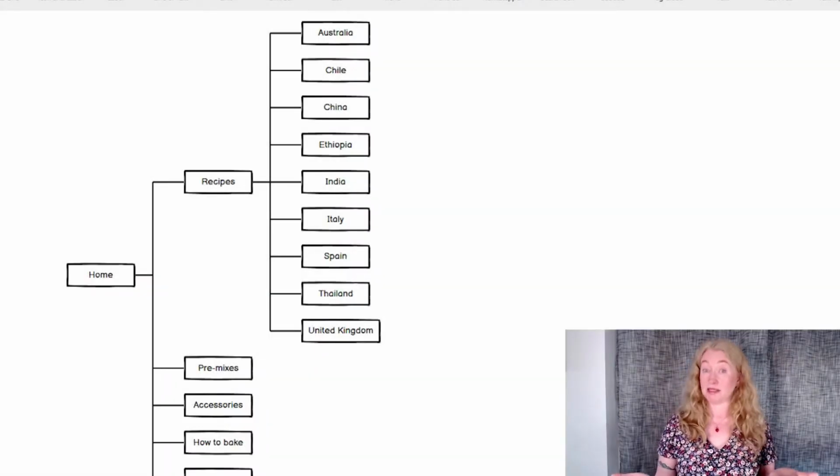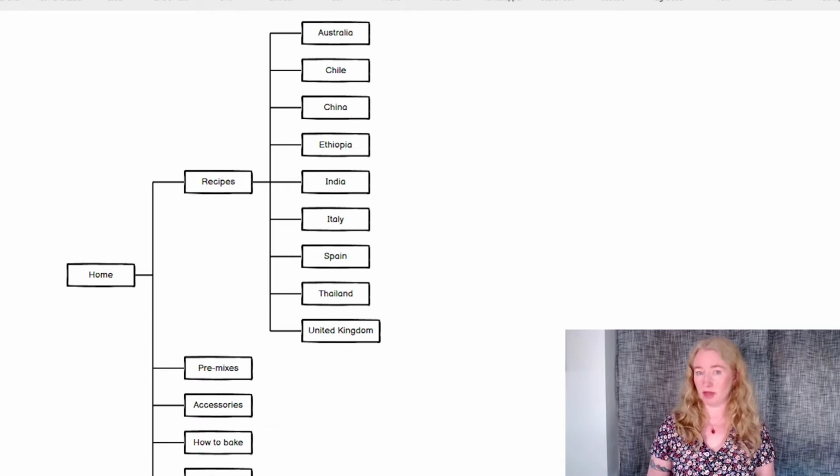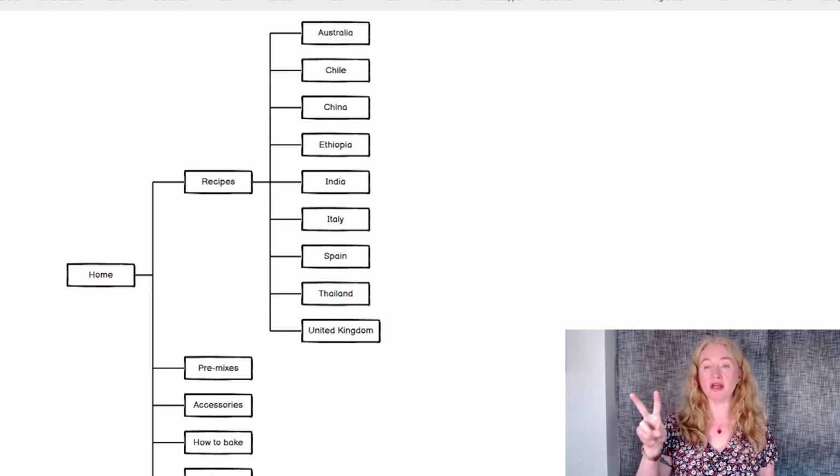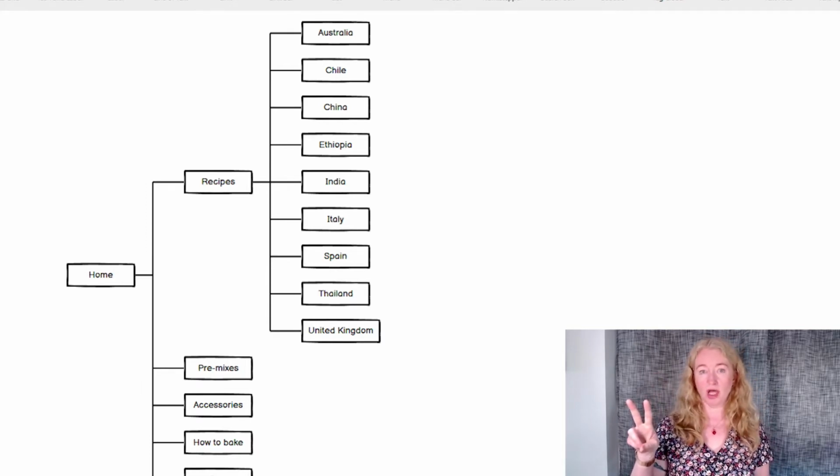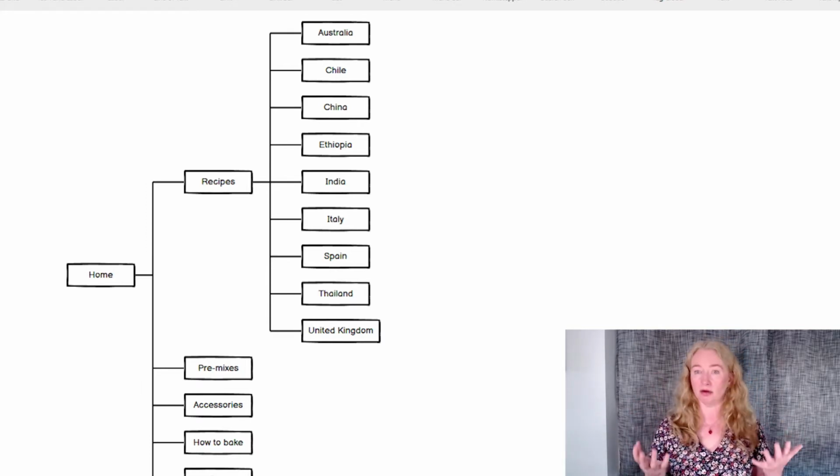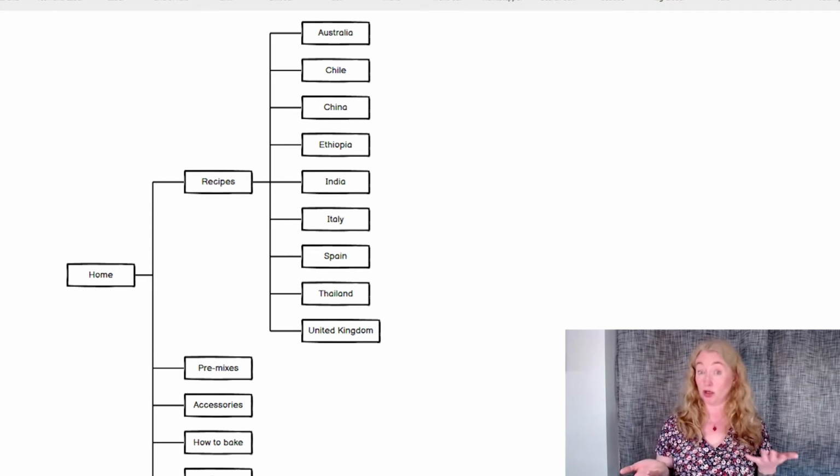A geography-based scheme is good for two kinds of things: things in the physical world and things from the physical world. If your content can be tidily arranged for geography, this might be a really good approach for you.